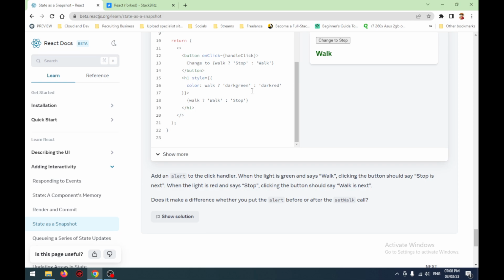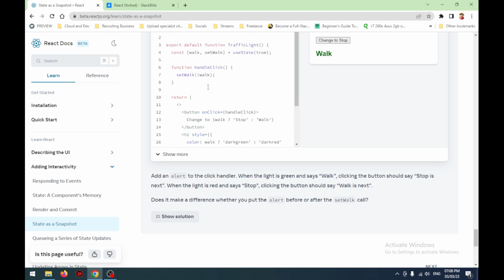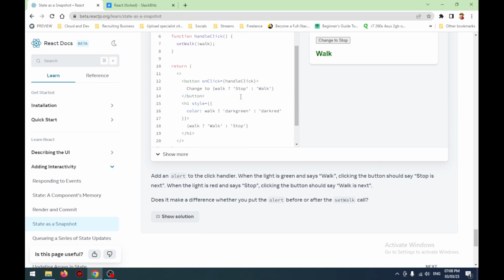Right, what should I do? Should I put an if else statement, or if I just put stop, walk. Stop is red, walk is